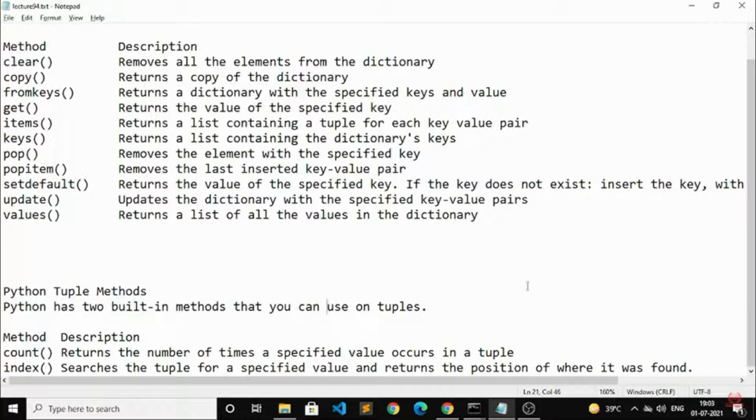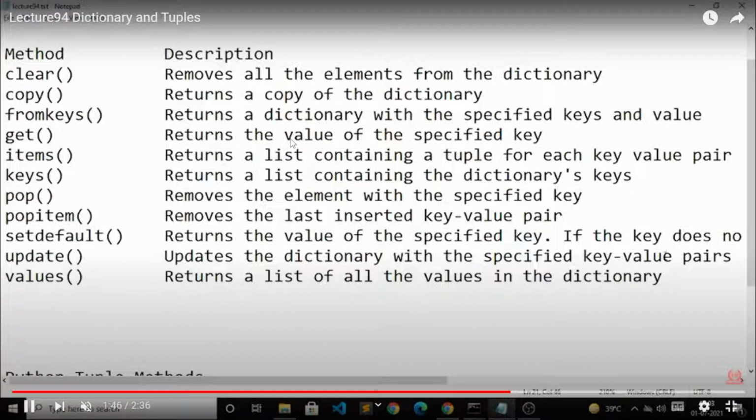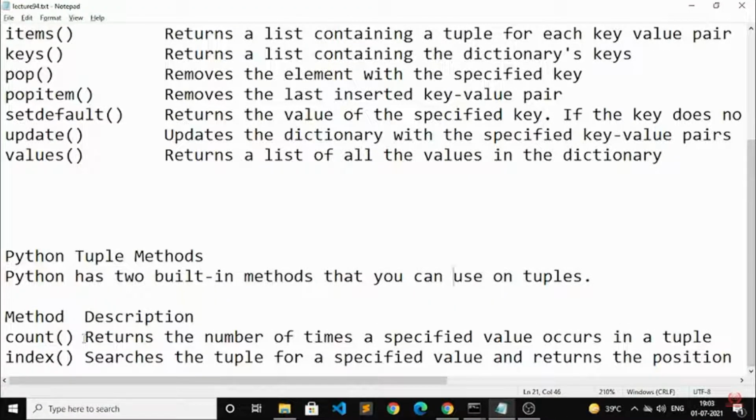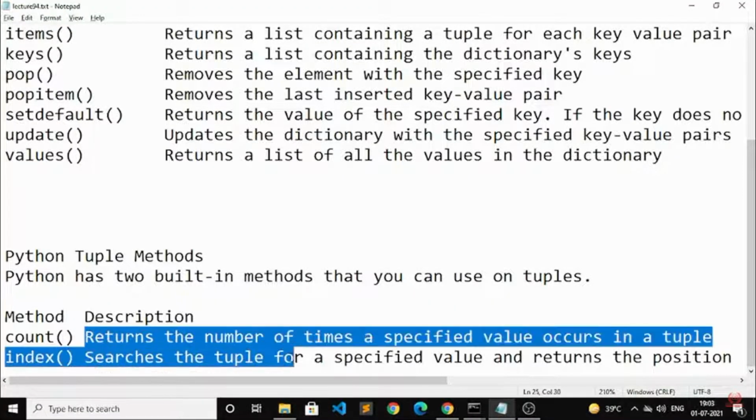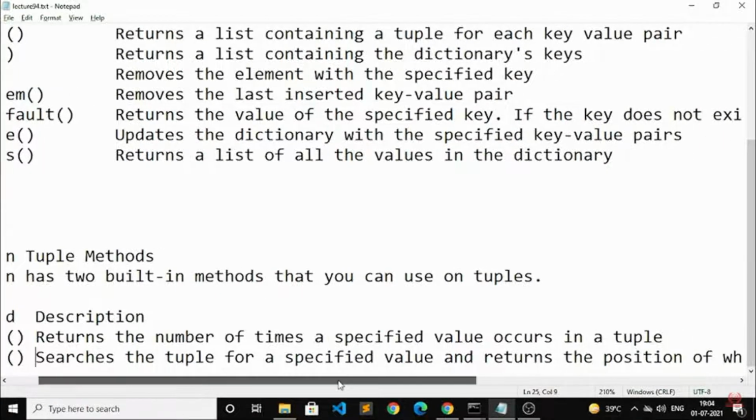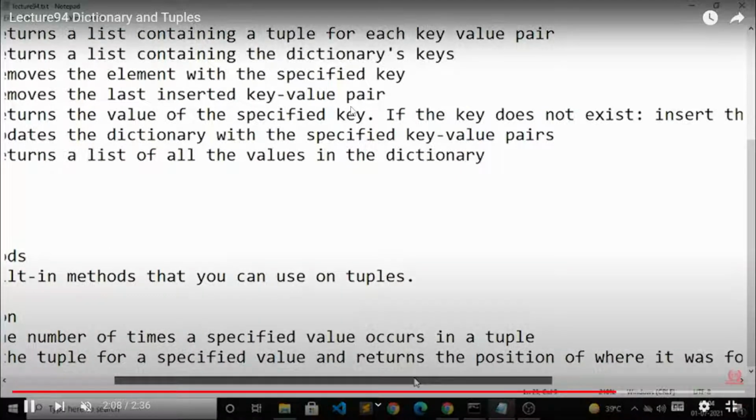The next data type we have is the Python tuple. In that case too, methods are available along with descriptions. So these are the different kinds of descriptions and methods that are available here, and on screen you can see that. The first one is count, which returns the number of times a specified item appears in the tuple. Like that, all these kinds of methods